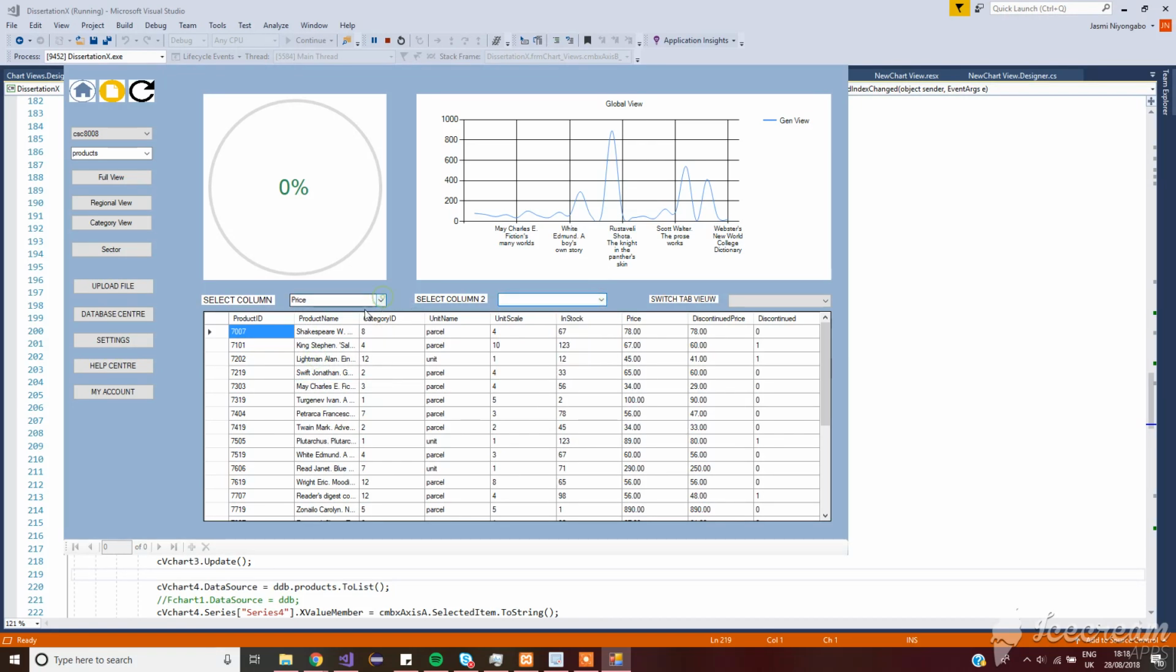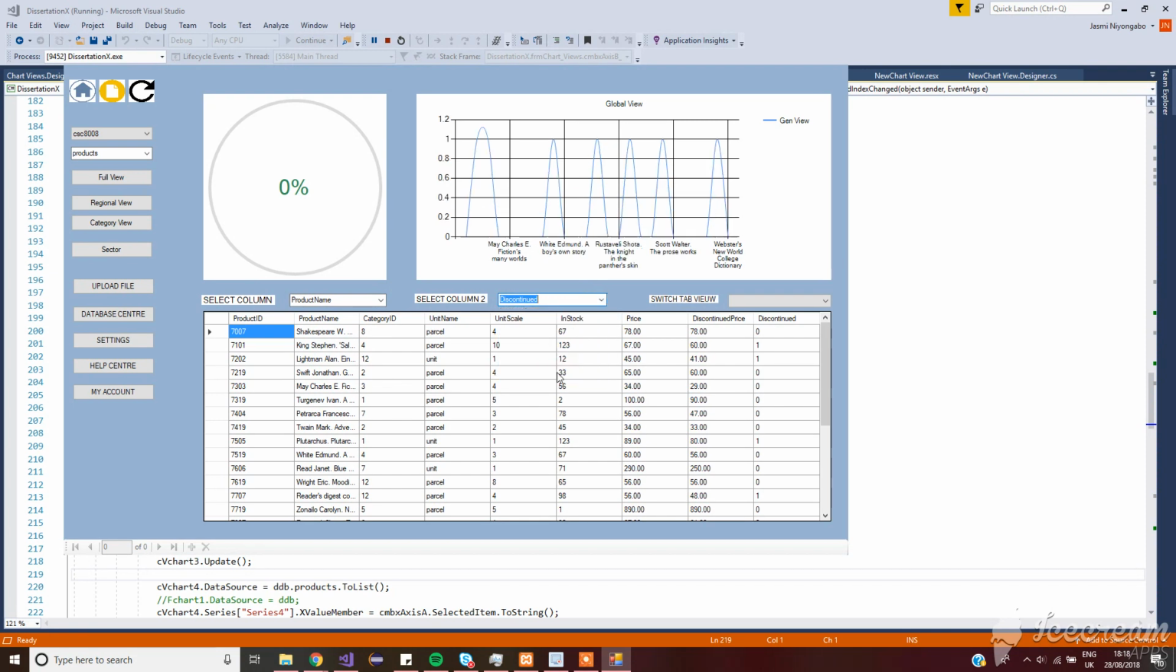For example, if you choose the product name and the price, you will be able to see that. You will be able to check what is the discontinued price. The data is dynamically viewed, and the user has the ability to choose whichever columns he wants to view. Ultimately, the system also allows the